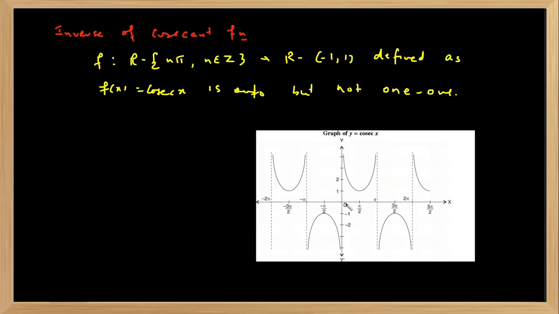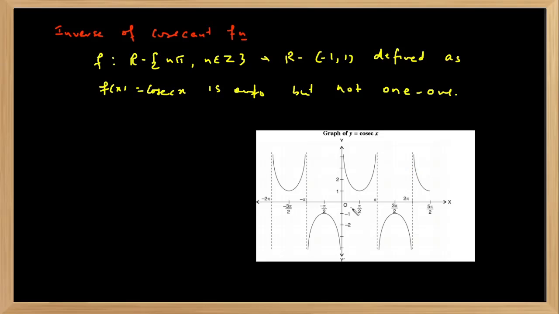From the graph you can see, first try to understand the graph. Sin pi by 2 is 1, so the reciprocal, cosec pi by 2, is 1. At pi by 4, sin is 1 by √2, so this becomes √2, so the shape will go like this. After that, it is also positive in the second quadrant, so it will go like this. At 3 pi by 4 it will be √2, so it comes like this. So it will be like this. Similarly in the negative side, as this goes from 1 to infinity, here it will go from -1 to -infinity, because cosec of -x is minus of cosec x. So this is the graph of cosec.